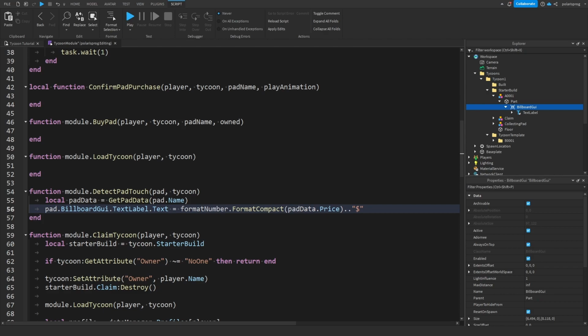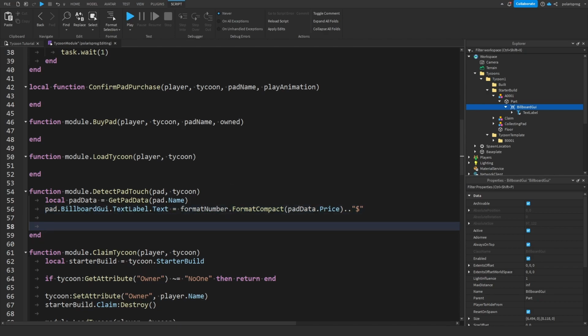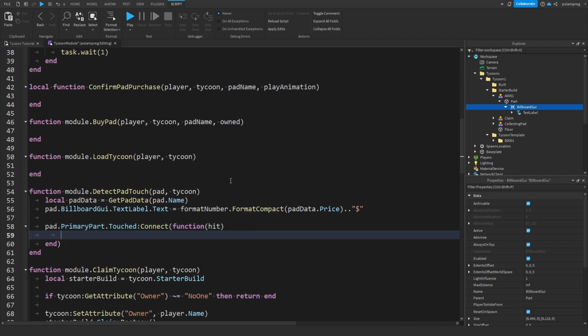Now what we need to do is check whenever the pad is touched. So pad dot primary part dot touched connect function, and that's going to take hit. Now hit is what we touched. So what I'm going to do is if hit dot parent find first child humanoid,